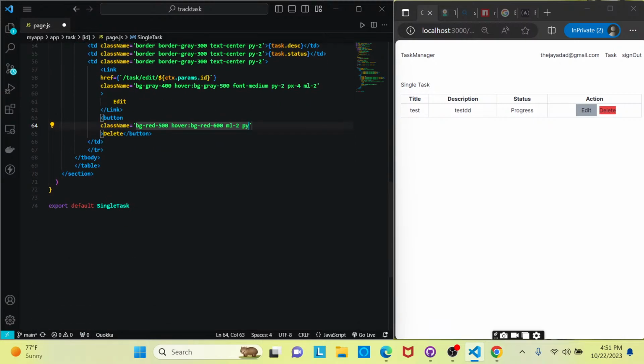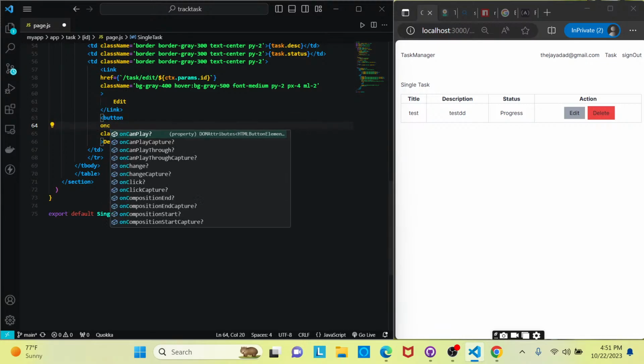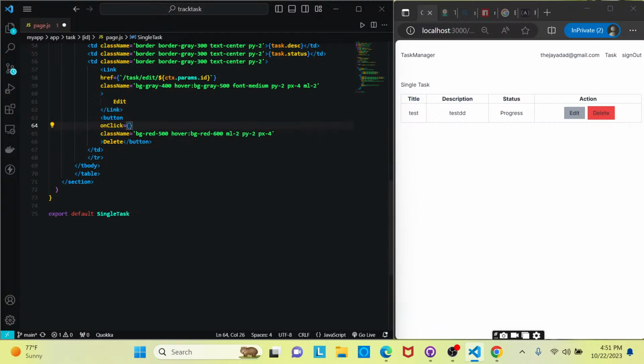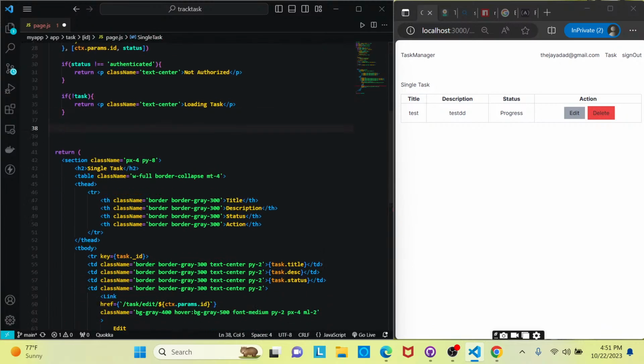We have padding Y of 2 and padding on the X of 4. So if we save it, yeah, that looks about right. And now that we have that, we'll need to pass in the on click handler, and we named this delete function that we deleted. So let's retype it really quick. So for the delete function, we'll just call it handleDeleteTask, and